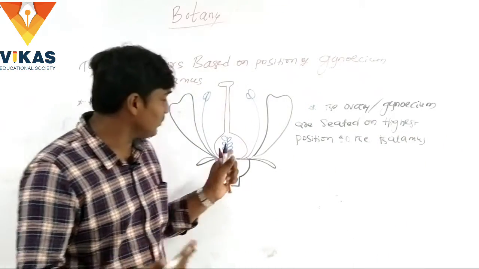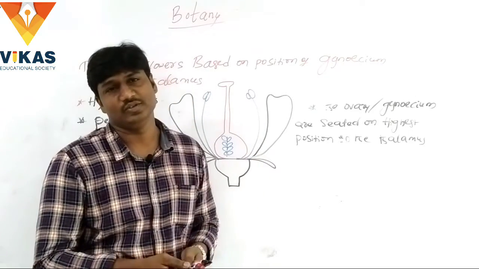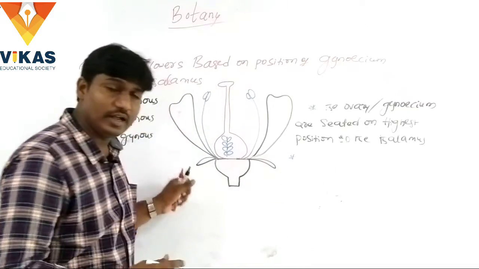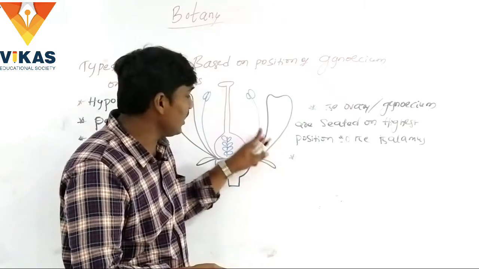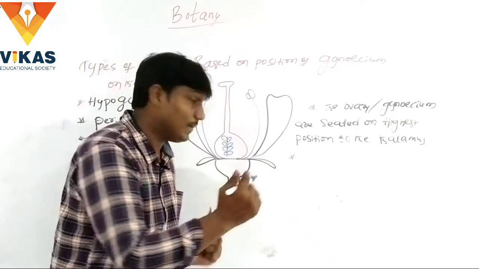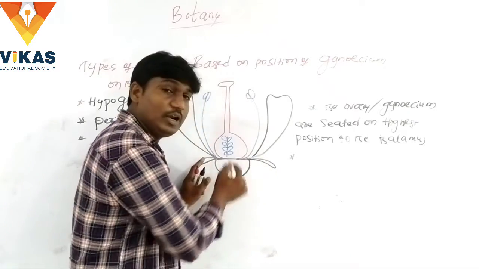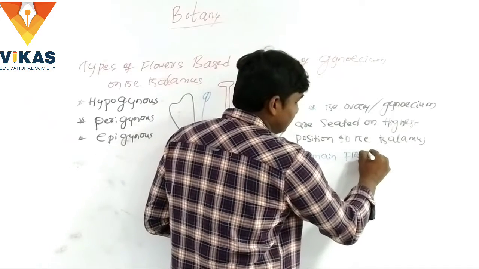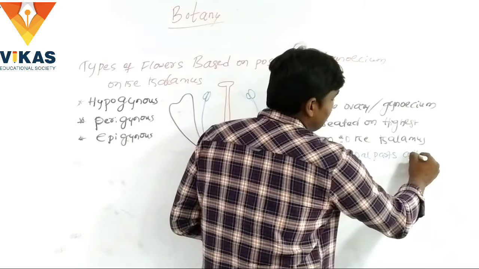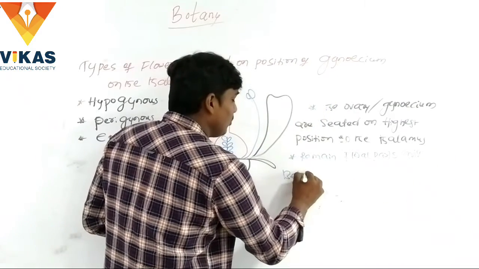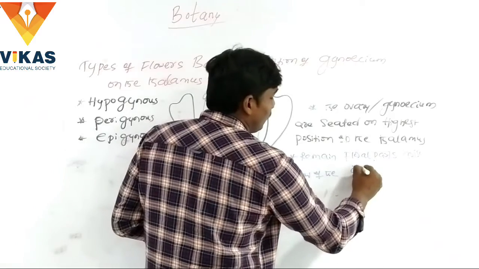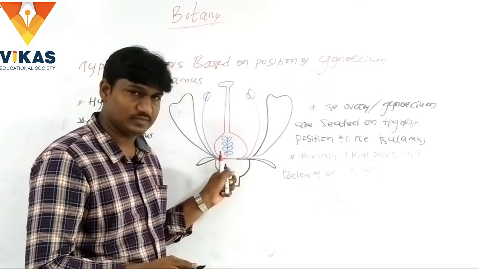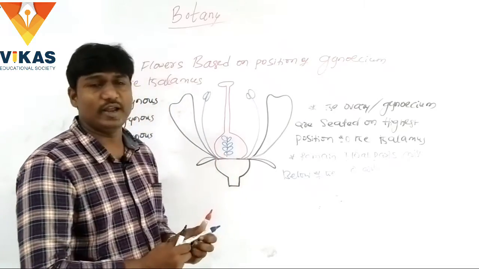Thalamus ki ekkada undi? Thalamus ki ovary anedi highest position lo arrange ayindi. Mari remaining floral parts like calyx, corolla and androecium are arranged from below the ovary, and the remaining floral parts arise below the ovary. Ovary ki below part lo arise. So this is the thalamus. So that is about hypogynous flowers.